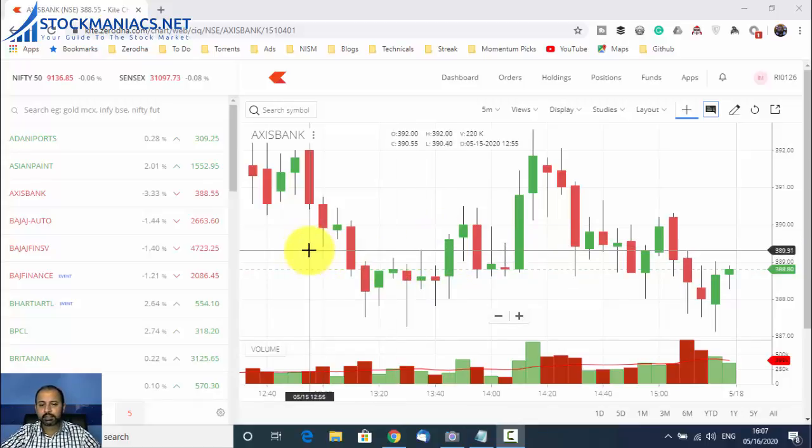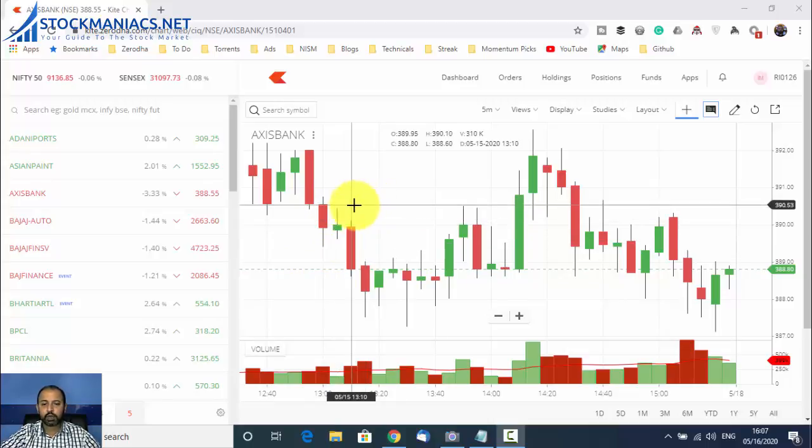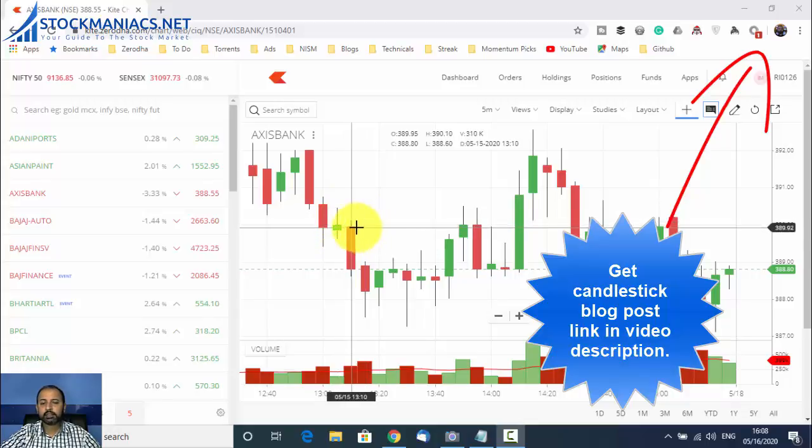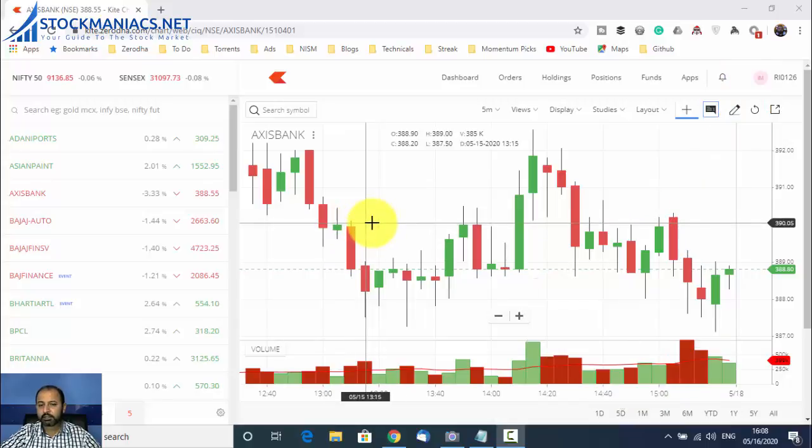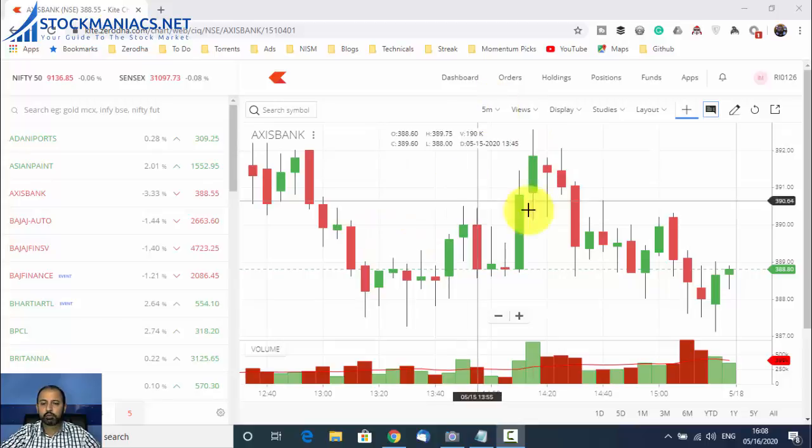So now we can understand what a bullish candlestick or a bearish candlestick looks like. So why are we naming it bullish or bearish? Because in a bullish candlestick the opening is always lower than the close, and in a bearish candlestick the opening is always higher than the close. So bullish or bearish depends on where the closing is actually done. So now we have understood